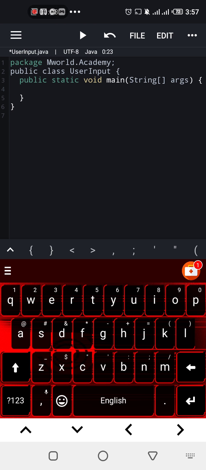In this tutorial video, I'm going to teach you how to write a simple Java program that will collect positive and negative whole numbers. To write this program, the first thing we are going to do is import the Scanner class. Now, the Scanner class is the class that will help us collect these positive and negative whole numbers from a user. So to import the Scanner class, you will come here in between the package mword.academy and the public